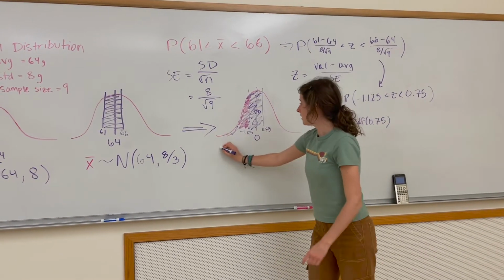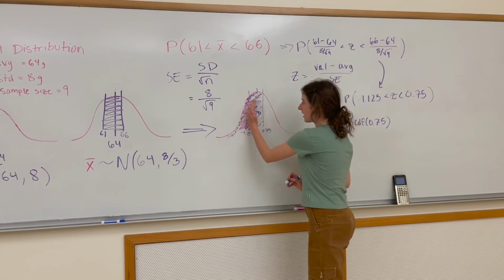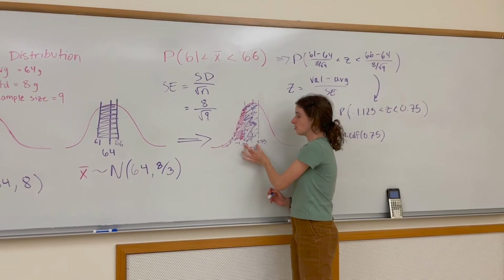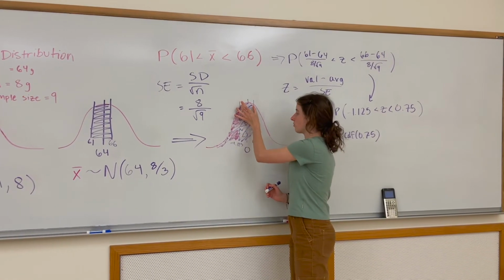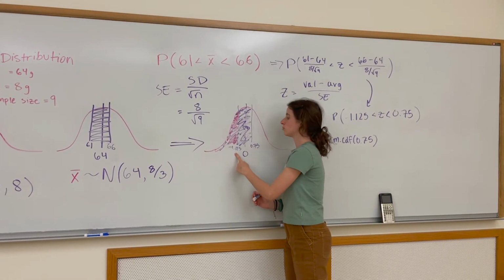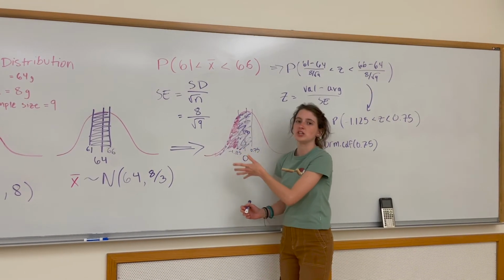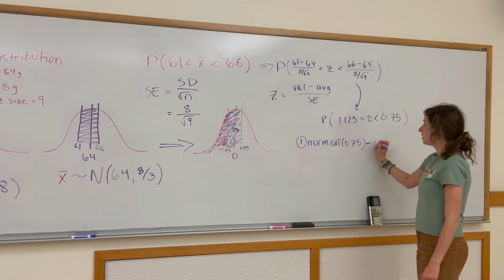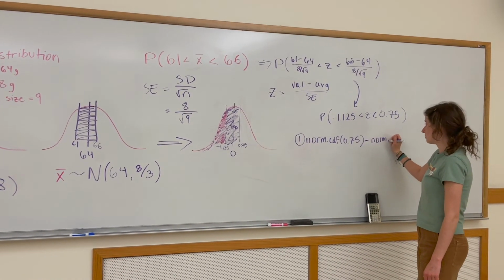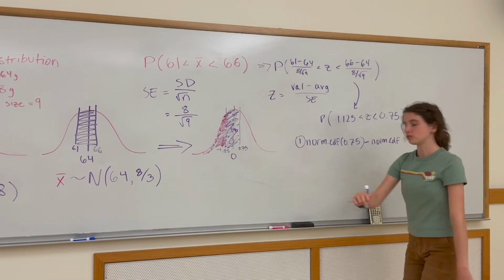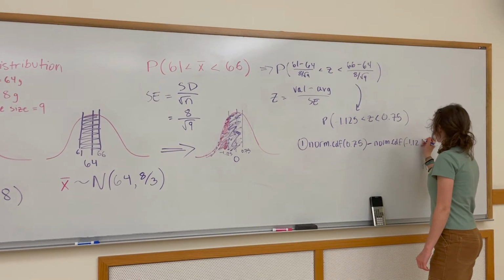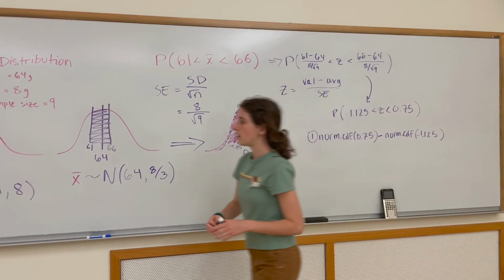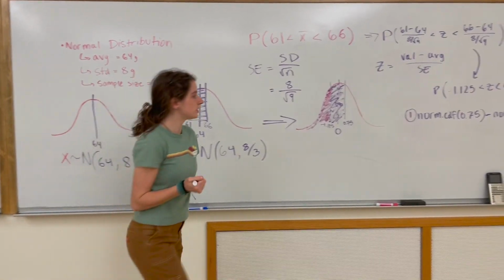So you have all this area here and all this area here, and this cuts out the extra tail that you don't want. What you're left with in the middle is the range that you're trying to find, the probability that you're within 0.75 and negative 1.125 standard deviations from the average. So the trick here is kind of simple. You just subtract norm.cdf of the lower z-score. And if you type that in Python, which I did earlier, it's